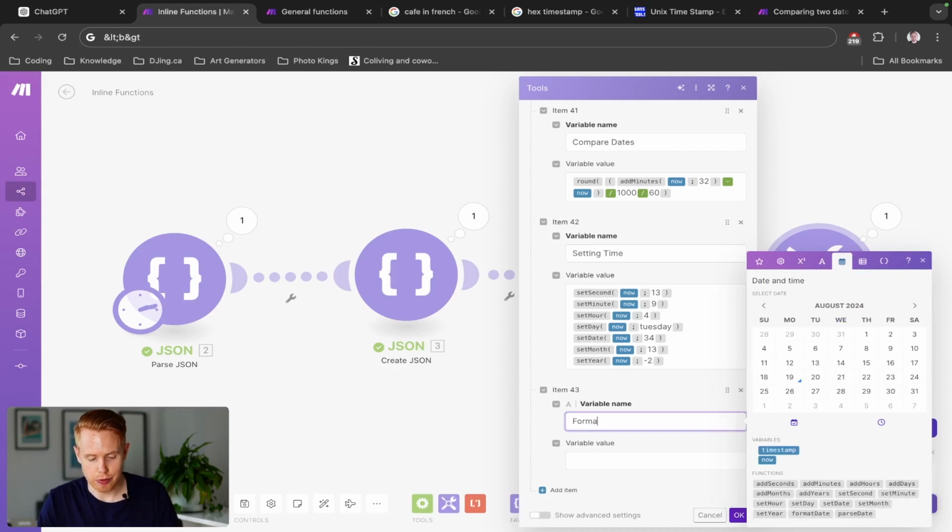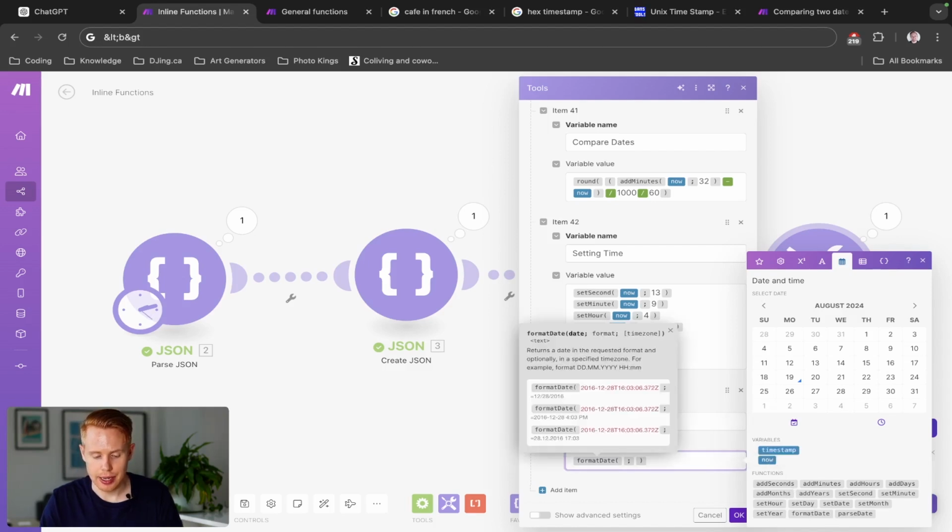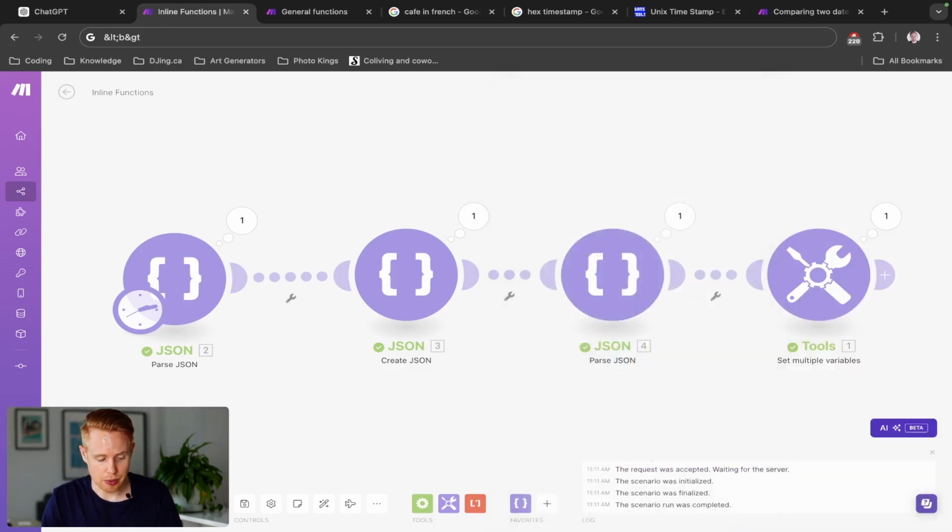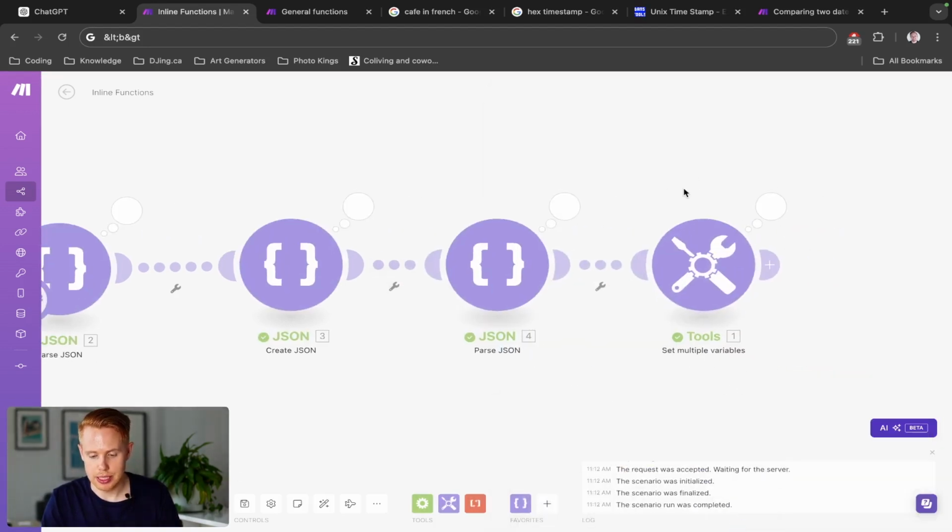And then we have format date here, right? So with the formatting of a date, we can simply take an existing date and format it in whatever way that we want. So usually what I like to do, especially when I'm dumping things into Google Sheets and I want something that's a bit prettified, something that's easy on the eyes, I can register and understand immediately what it means, what I'd like to do is day, month, and then year. And if I click OK and I run this, instead of getting a jumbled date, it's just going to give